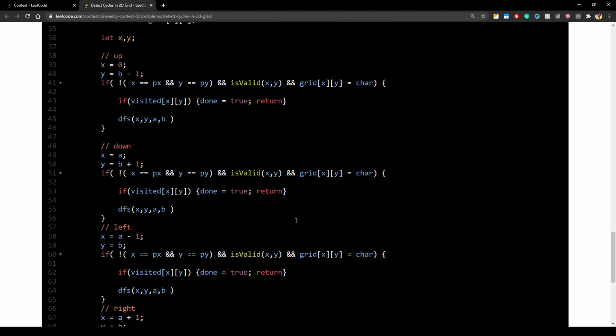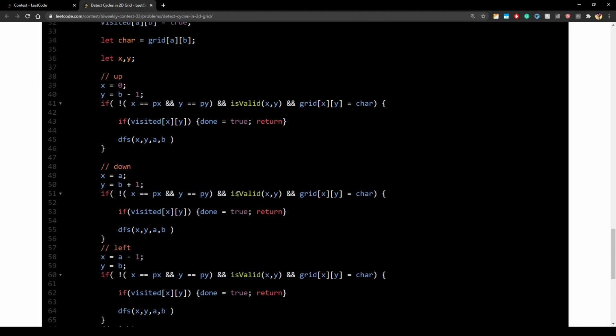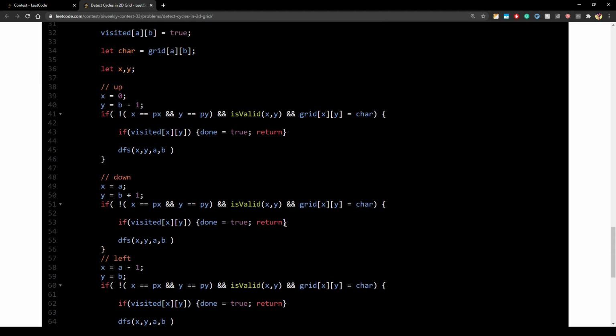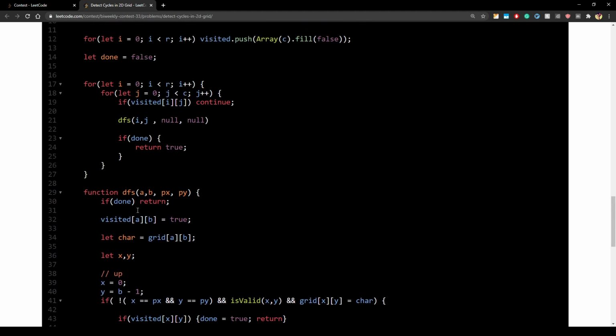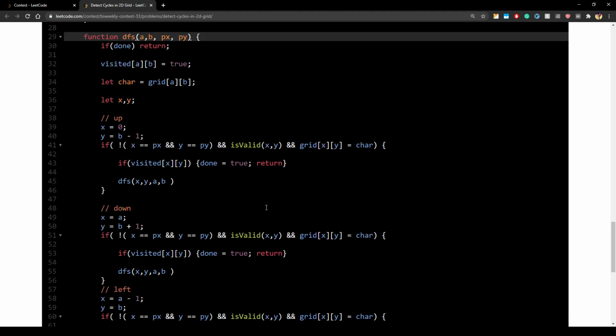So now here is the beauty of done is equal to true. If you think that after setting done is equal to true you are going to go to another child, it might take a lot of time. It will not, because in the first line itself it will return, because done is true. That's why we are writing it inside this function, because it can directly see done. Otherwise I'll have to pass it as a reference in other languages.